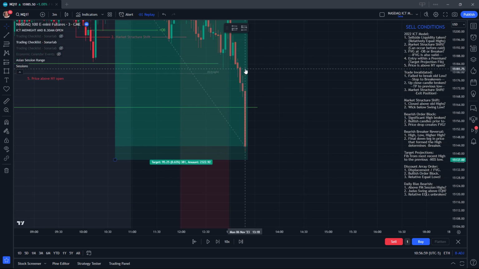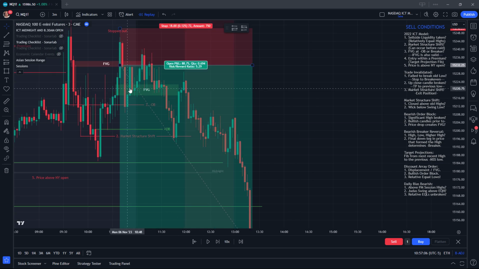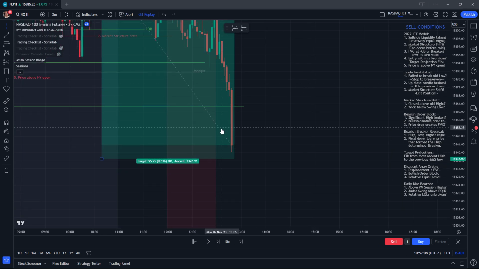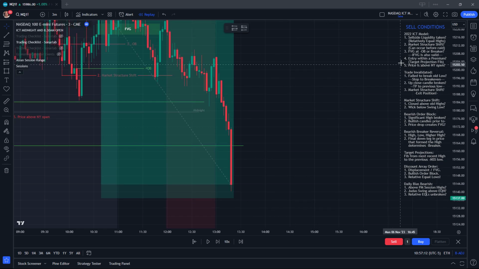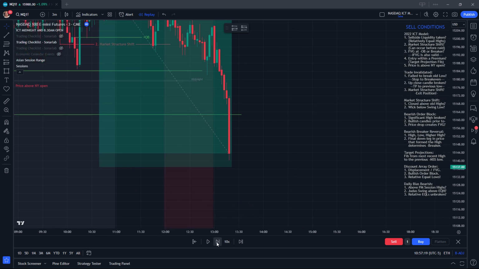Okay, as anticipated, price makes a big run on those PM session lows, and if we stayed on the sidelines for the morning session, this would be what we'd be looking for if we wanted to be a buyer. This would be what we were waiting for all through the morning and the lunch. But since we're in this trade,